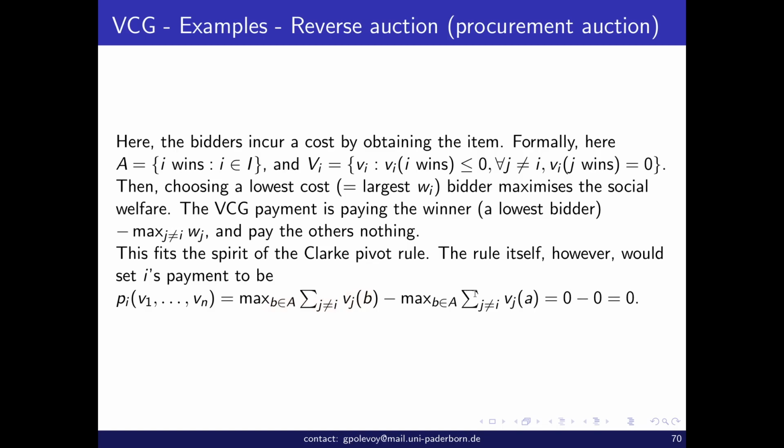So the sum of what those agents incur is 0. It's going to be 0. The cost of the Clark pivot rule would be 0. What, however, will happen is that